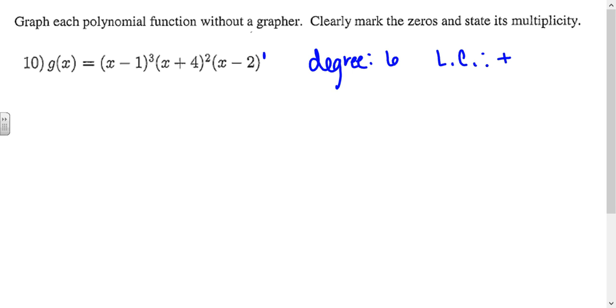So that means the end behavior is going to be something like this. It's going to go up on both ends, and it can do whatever we want in the middle, but the ends are both up. So if we sketch the graph of this,